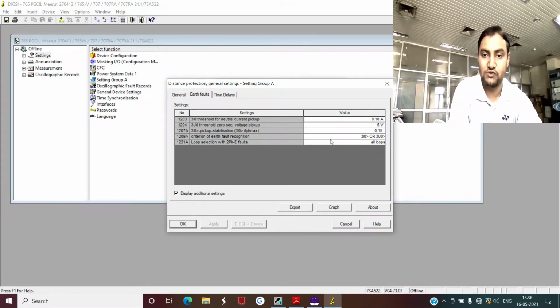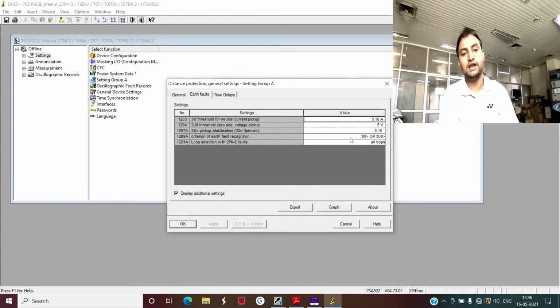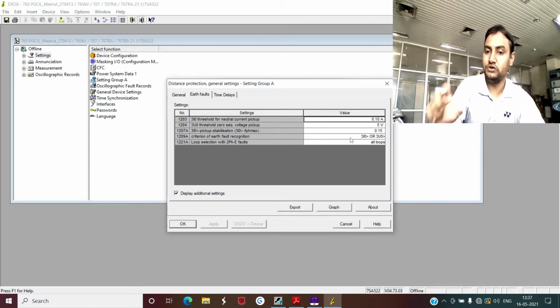Second is the criteria for earth fault recognition, how your relay detects the earth fault, and this is very important. Suppose there is an R phase to ground fault and your relay is calculating neutral current, and at the same time it is calculating the zero sequence voltage also. Now you can select that your relay should detect an earth fault only when both conditions are met.